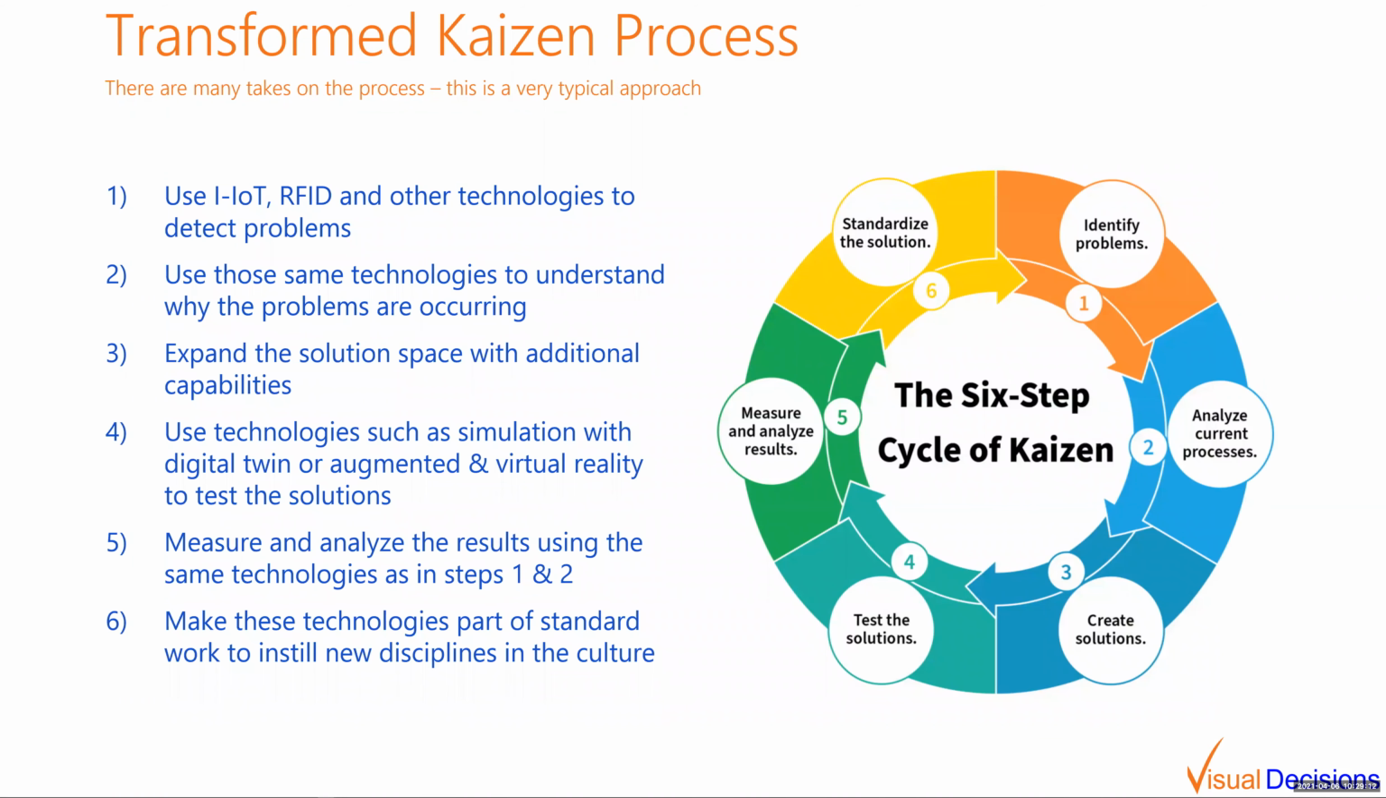The Kaizen process itself, if you think about a typical 6-step Kaizen process of identifying problems: at any given time, I have dozens of different issues going on in the shop floor. How do I decide which one I want to invest my resources in running an improvement event on? Analyzing the process itself, performing the root cause analysis, creating different solutions, and what is the solution space that I can look at,